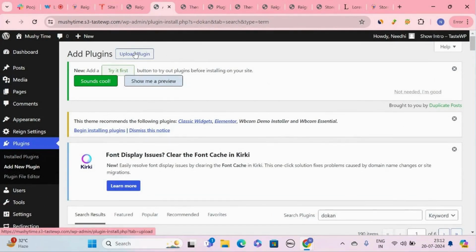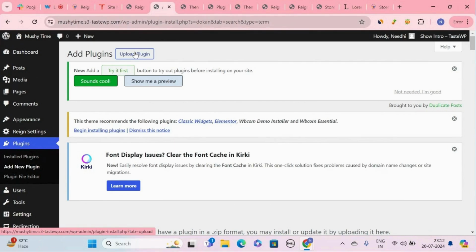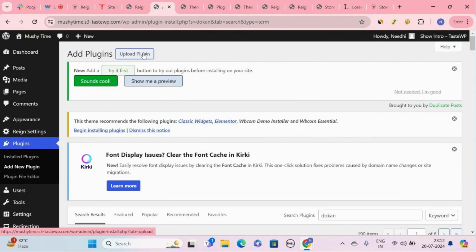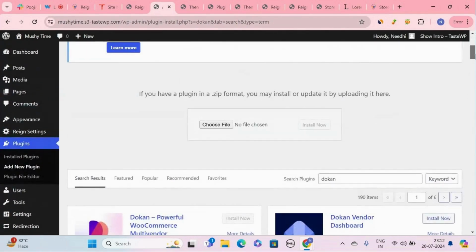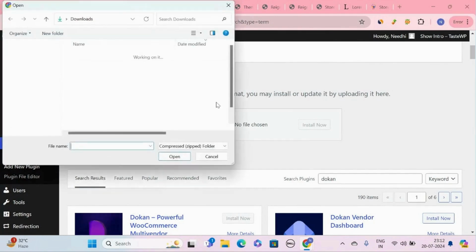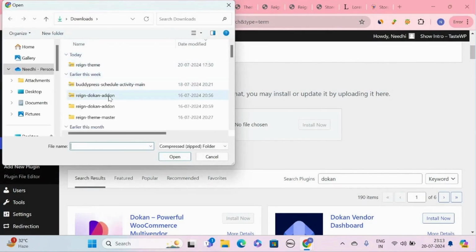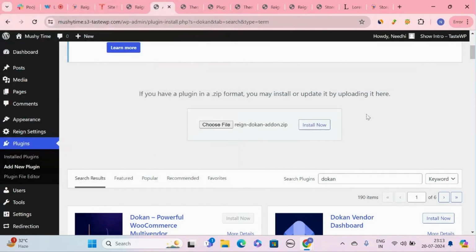You just need to click the upload plugin section, choose the file, and install it.